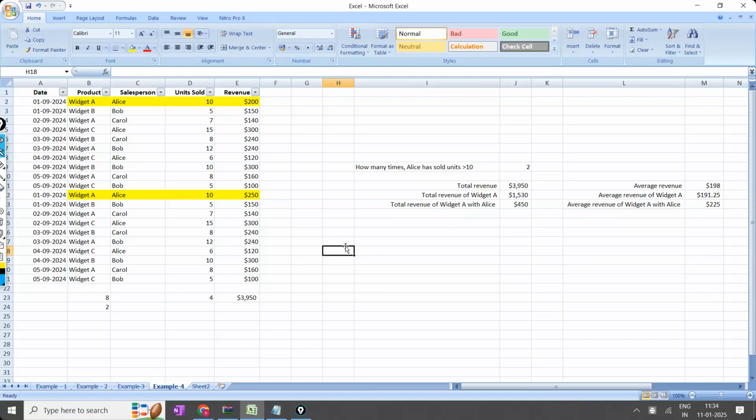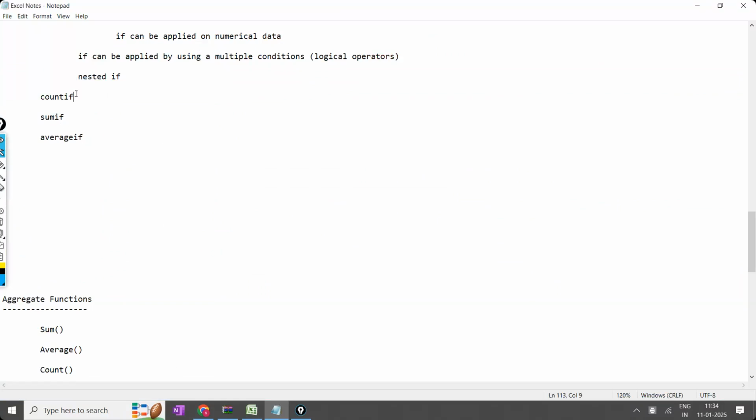Like this, you are going to calculate sum ifs and average ifs. So total how many functions have we learned today? One is count if along with the count ifs, sum ifs along with the sum ifs, and along with this we have discussed average ifs. Okay, so these are the functions which we have covered, multiple functions, right?